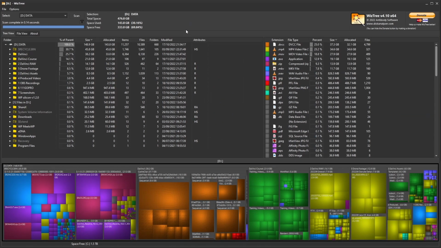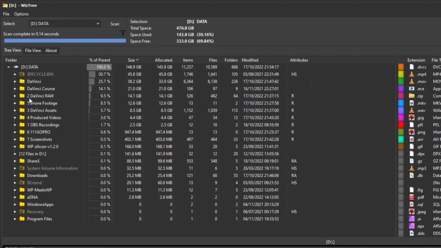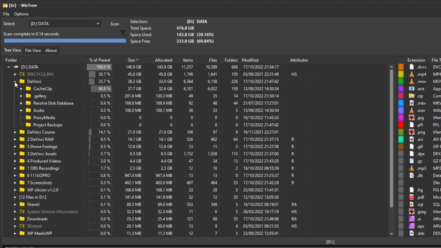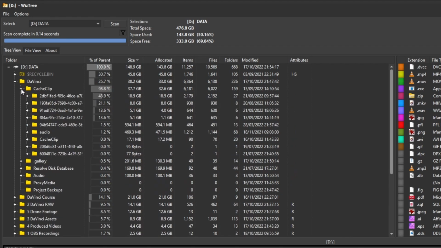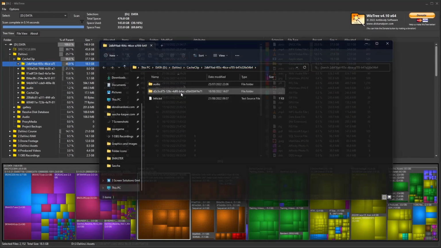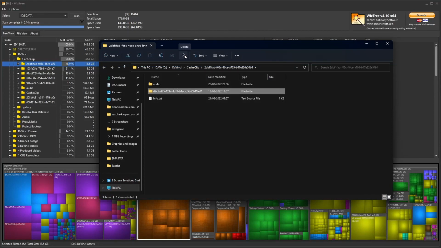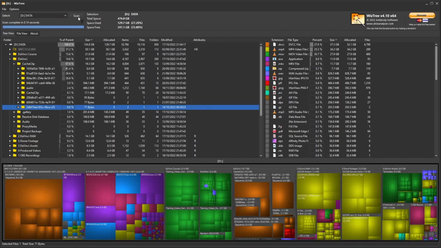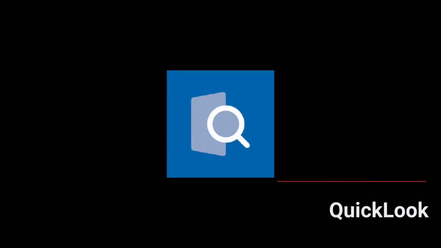Once you have identified a large folder, you can simply switch to Windows Explorer and delete it there. Do another scan and all the changes will be visible in Wiz3 right away. Now, this is not an application that I use daily, but it is super helpful for quickly analyzing your space usage and identifying files you can remove to free up space on your drives.